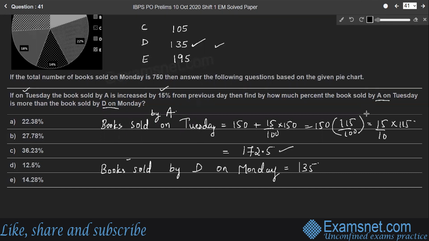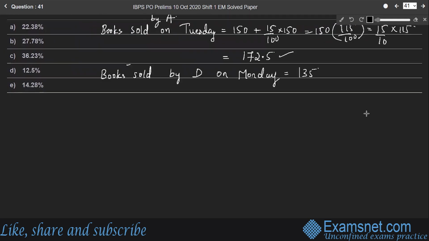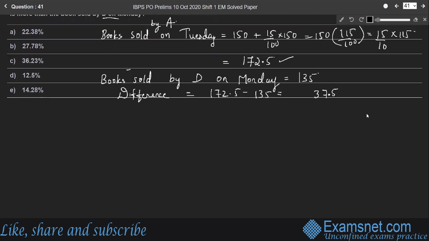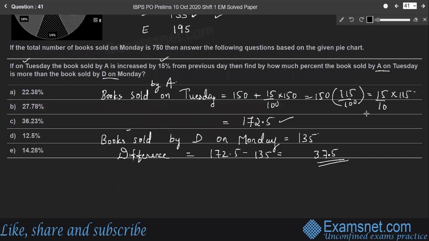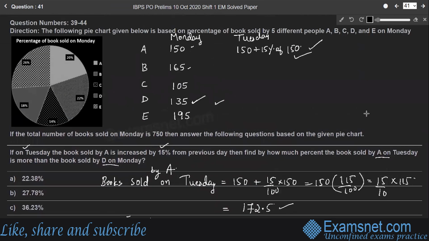Here the difference 172.5 minus 135, right? Therefore, difference is 172.5 minus 135, right? Which is 37.5, right? So that means 37.5 more number of books were sold on Tuesday, right? So 37.5 more number. Therefore, the required percentage is